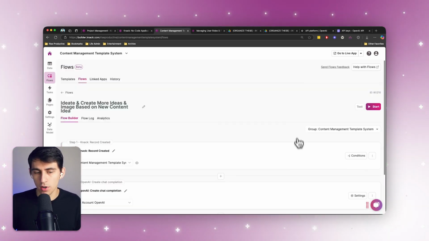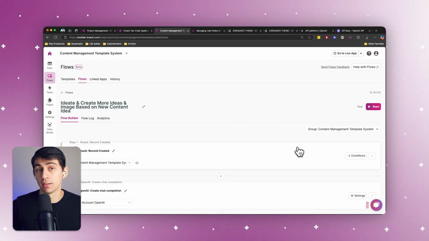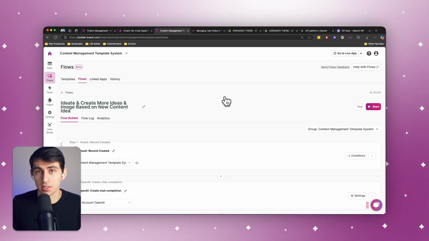So whatever makes it easier for you to create content or do anything with this OpenAI workflow, I definitely recommend you try it out. This is a really cool system that we have here at Knack. Very easy to have your own automations in here without needing another tool. So I recommend you trying out Knack Flows, just like this one with